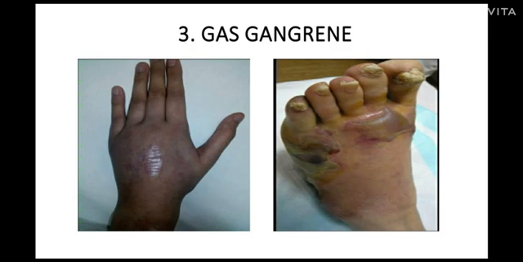The third type of gangrene is gas gangrene. Gas gangrene occurs when a specific bacteria, Clostridium, invades an area where the blood supply has been reduced. Gas gangrene was a common cause of death of soldiers in the wars. Clostridium perfringens type A strain produces an exotoxin known as alpha toxin or phospholipase C. It increases vascular permeability and produces necrotizing activity.